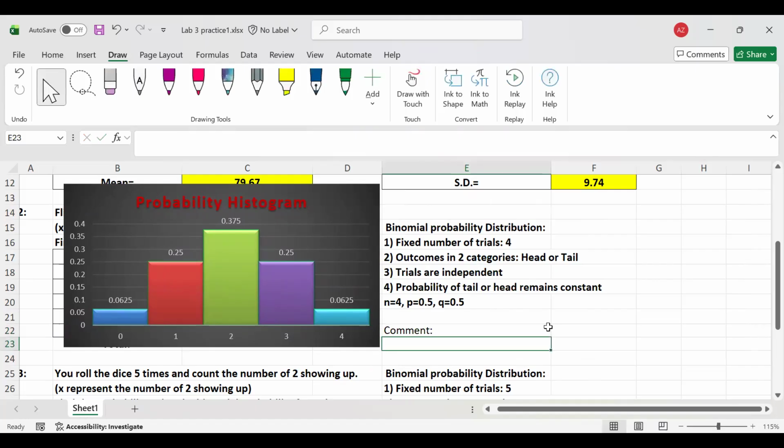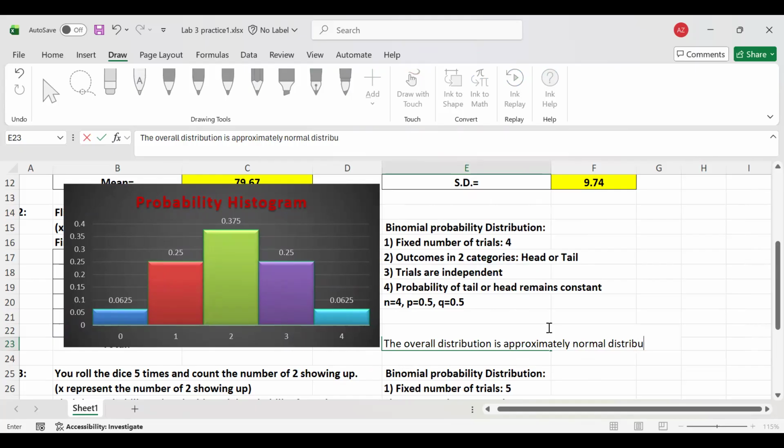So the overall distribution is approximately normal distribution. And also the center, it's around, center is 2, right? It's around 2, with a probability value